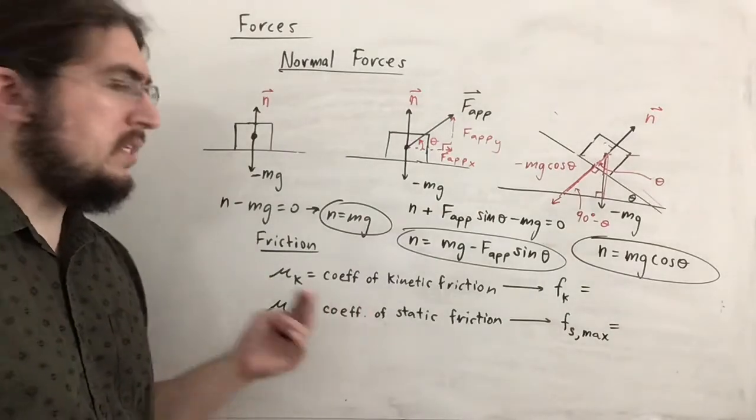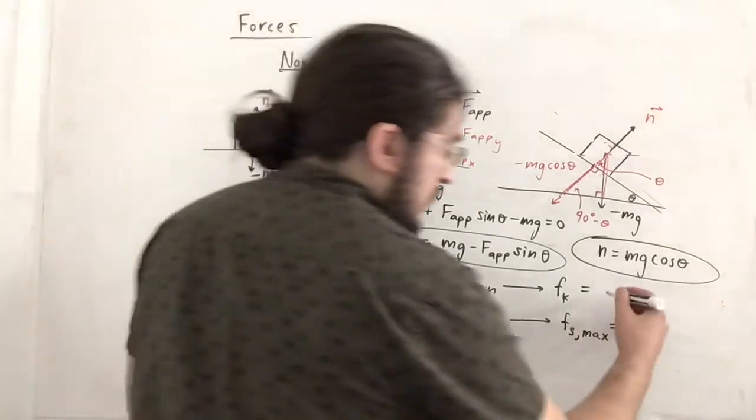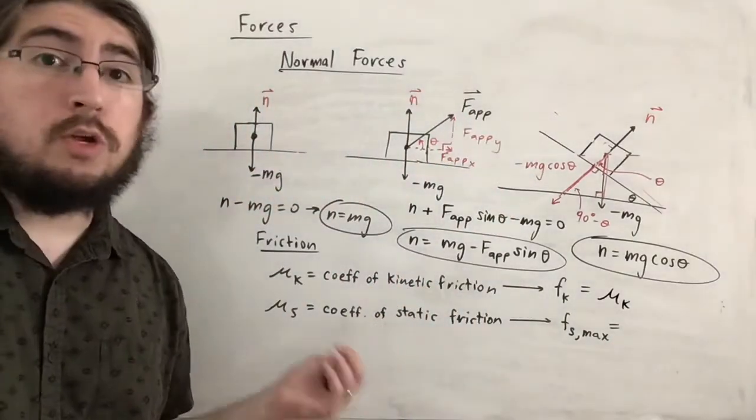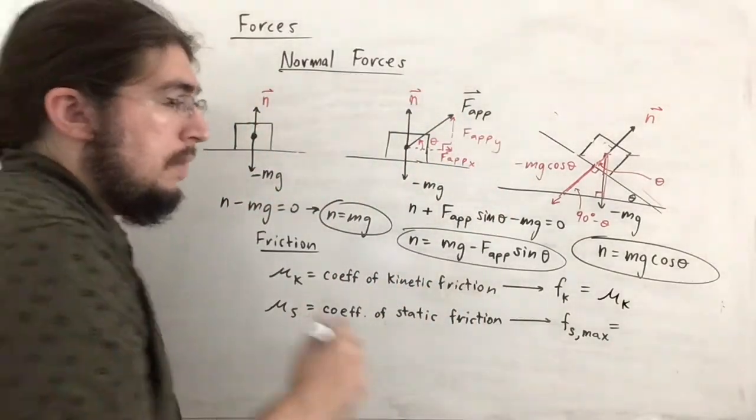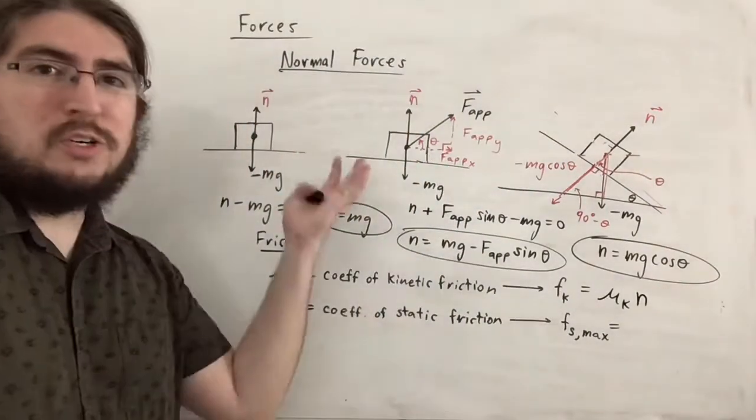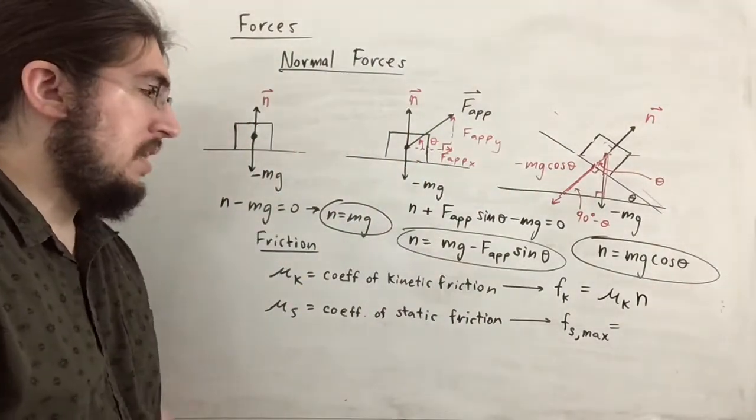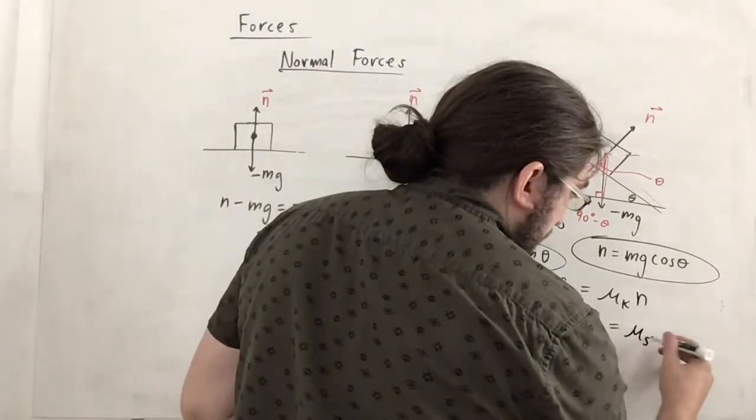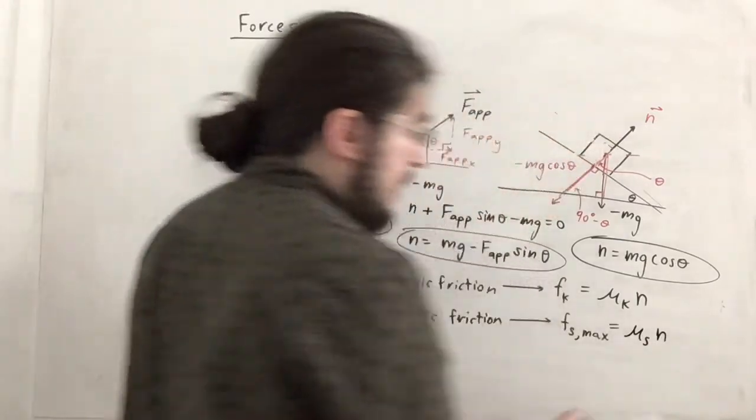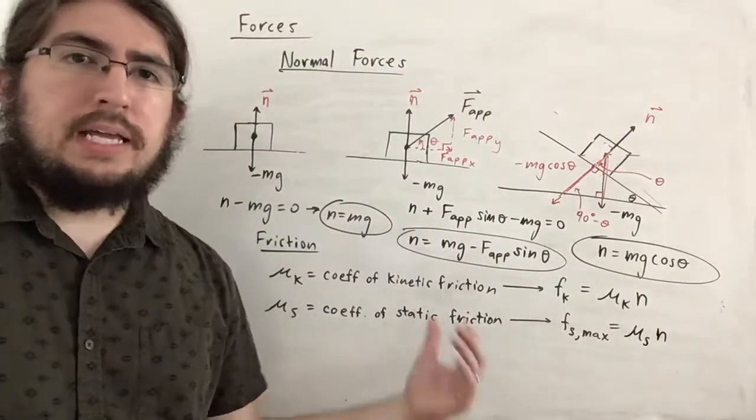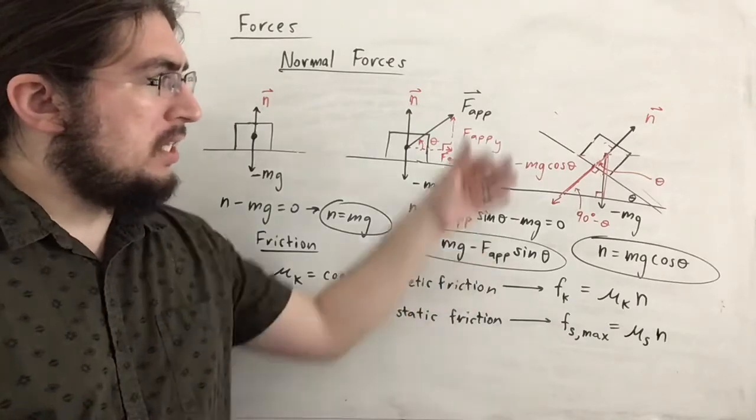So the kinetic friction force is just the coefficient mu sub k, which, by the way, is a coefficient, meaning that there's no unit attached to it, multiplied by the normal force. So that's why I've introduced normal forces. Similarly, the max static force is the coefficient of static friction multiplied by the normal force. Now, the actual static friction force is found basically just using